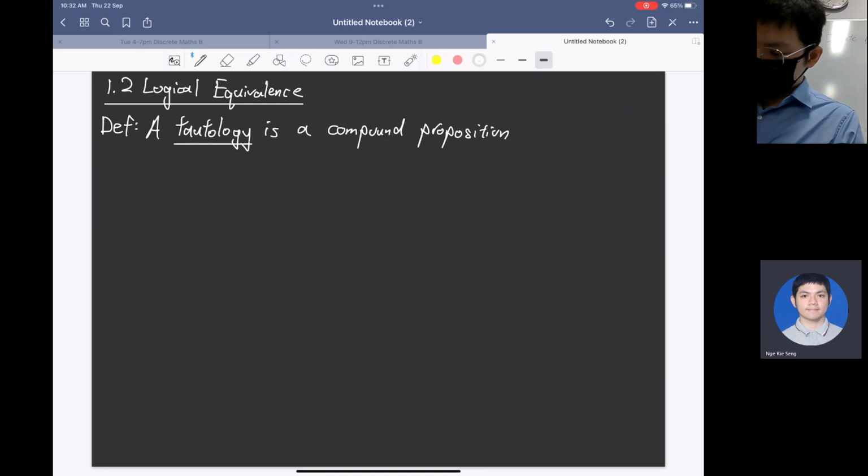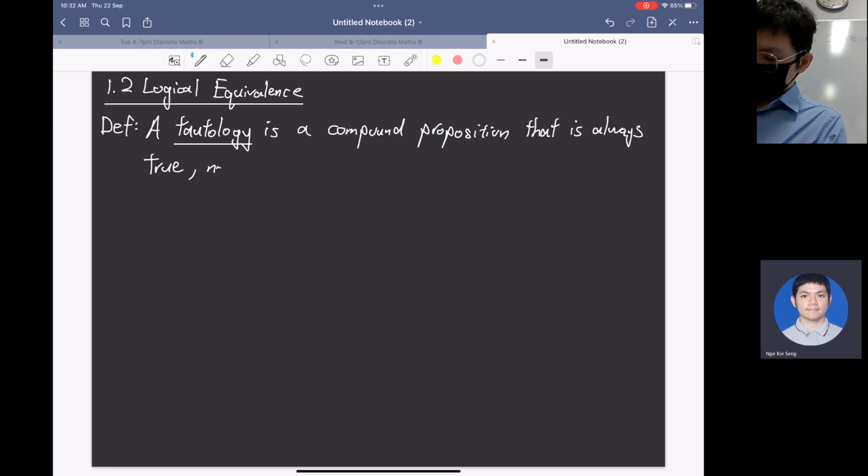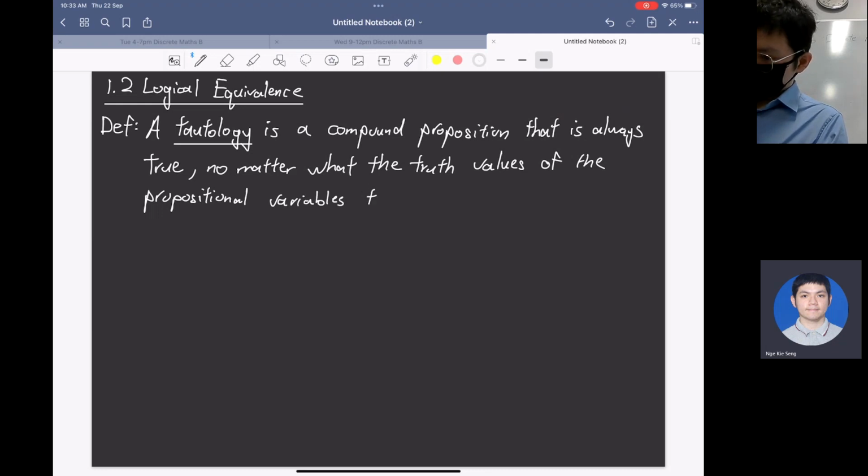A tautology is a compound proposition that is always true, no matter what the truth values of the propositional variables that occur in it. Okay. So, for example,